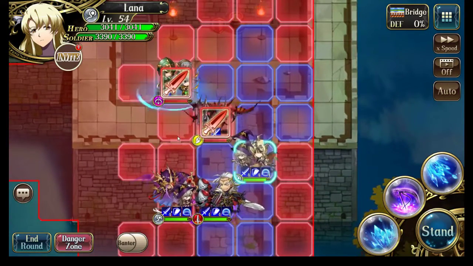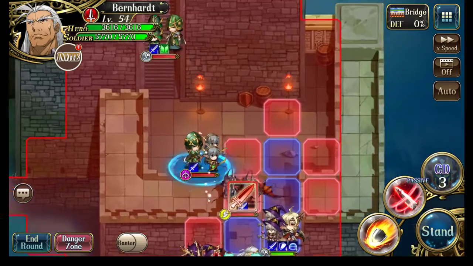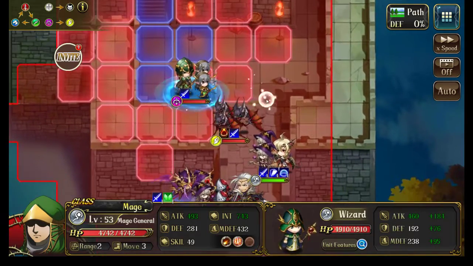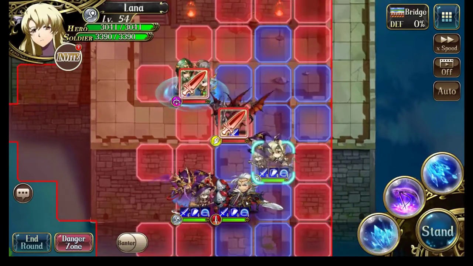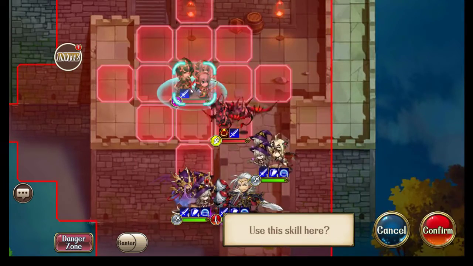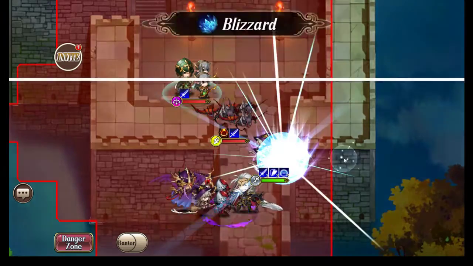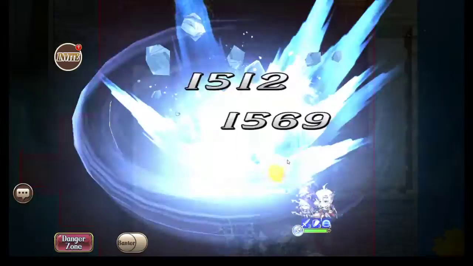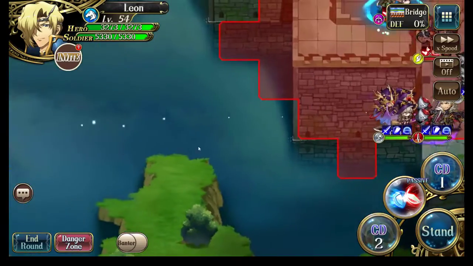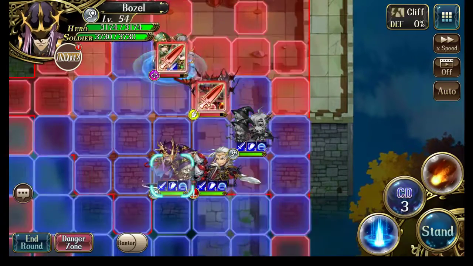So I need to stay out of range of that mage. That's the most important part here. So what I can do is Blizzard to do some damage to this archer, and then follow it up with...